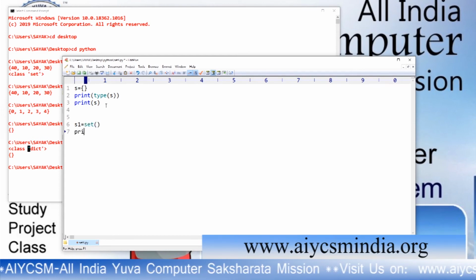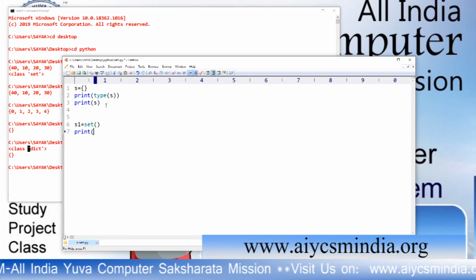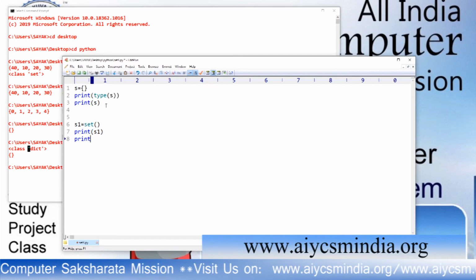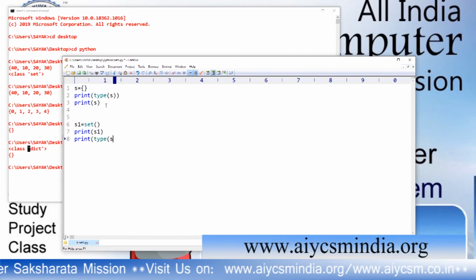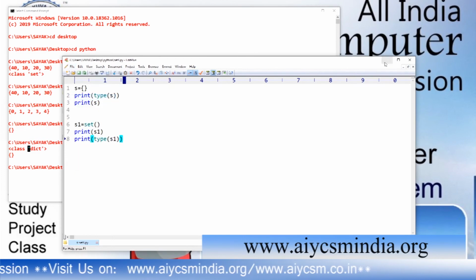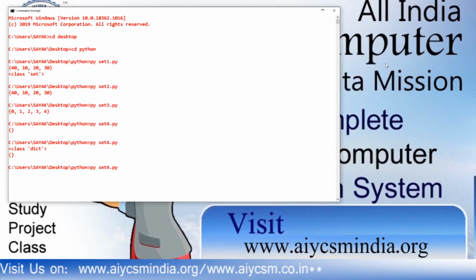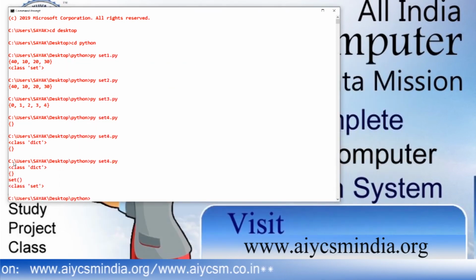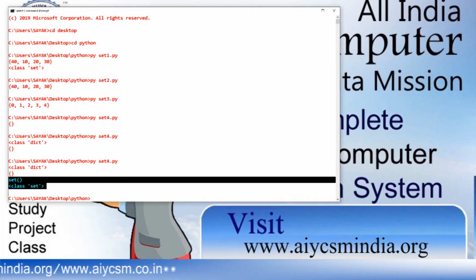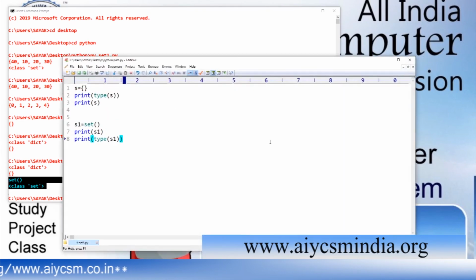Now print S1, and print the type of S1. You will find that it is not a dictionary, it became a set. Here the first one is a dictionary, but the second one is a set. So this is how you can create an empty set.